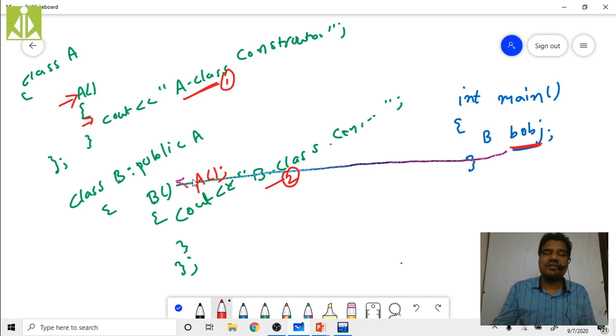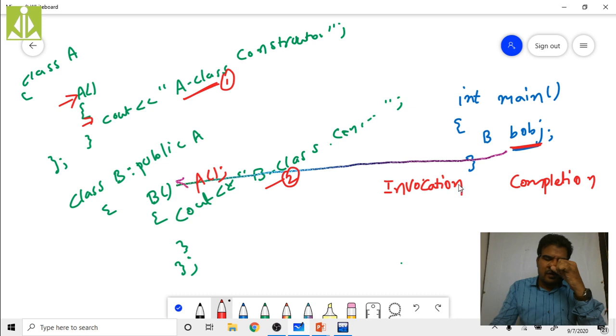Base class constructor first, then the derived class constructor. See, there are two things: invocation and completion.